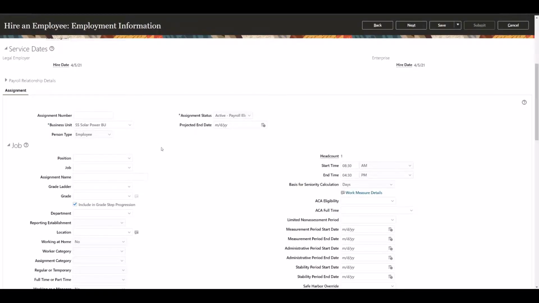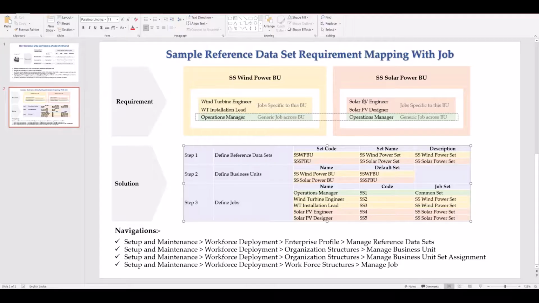So I have selected solar power business unit here. Now when I search these 3 jobs, I should be able to access them. When I try to search these 2 jobs, I should not be able to access them because they come under wind power business unit. Let's see that in the system.